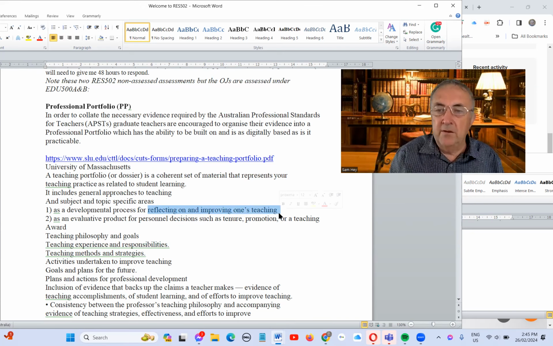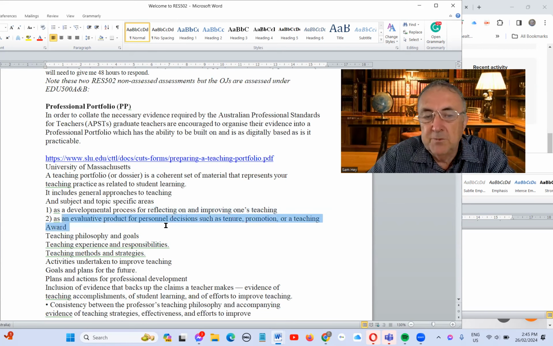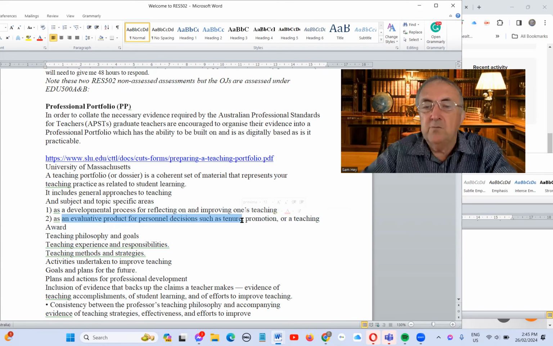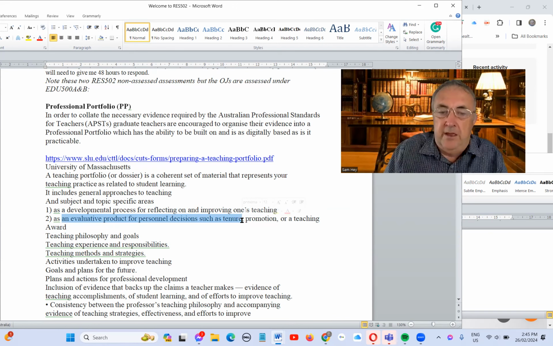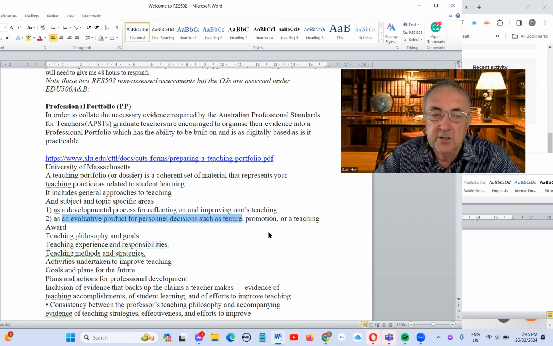So in your portfolio, you might write about what you've seen, what you're collecting, about the material, and you might reflect on how that can help you to know your subject well and also help you to know the process of teaching and how students learn well. And then secondly, a portfolio is particularly important when you apply for work, when you apply and talk to a headmaster or a teacher, and you're going to show what you're able to do. And so there'll be material in there that relates to the particular subjects you teach and also the approach that